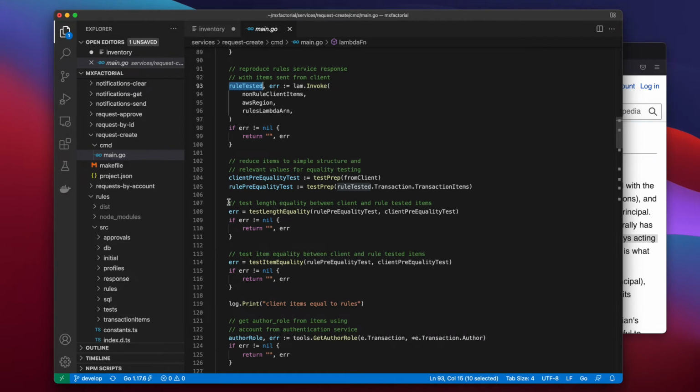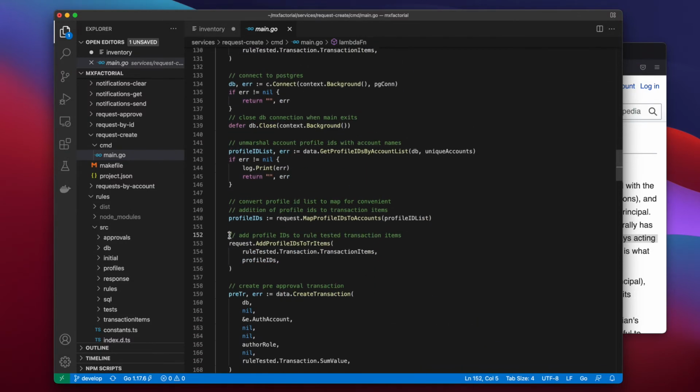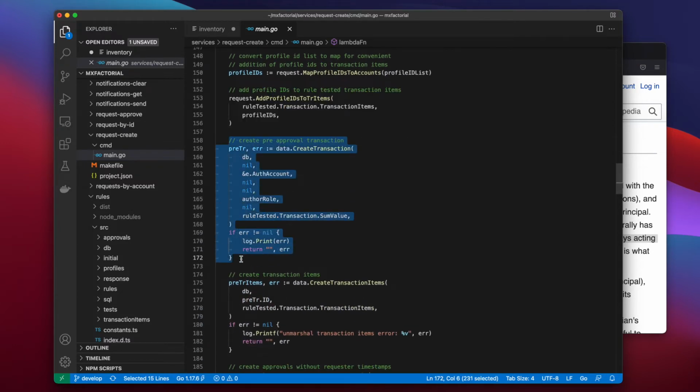The Request Create service then tests the request it received from the user for all the items repeated by the Rules service. If the original request from the cashier proves to include all the items sent again by Rules, that is, they've got their taxes and whatever else they've agreed to include, the Request Create service says, "Okay, they're transacting their immediate and expected items. We're moving forward." Account profiles are added to the requested transaction items. A transaction is then added to the database and returned.